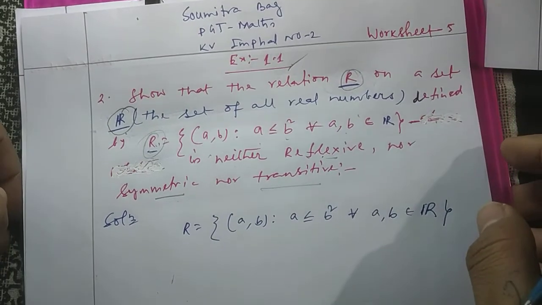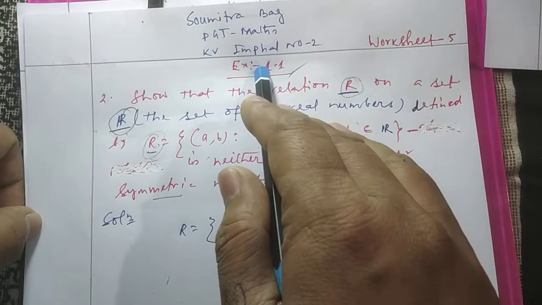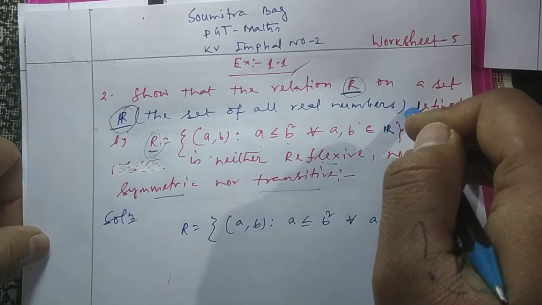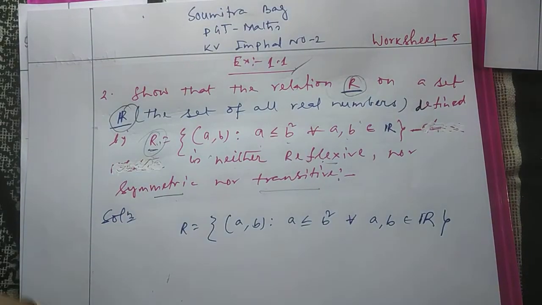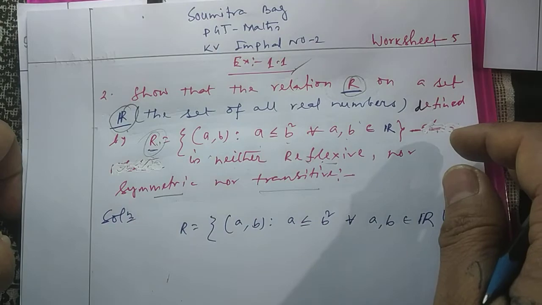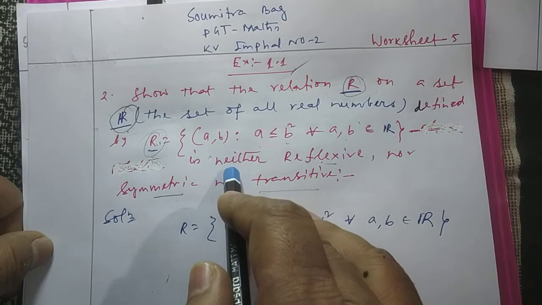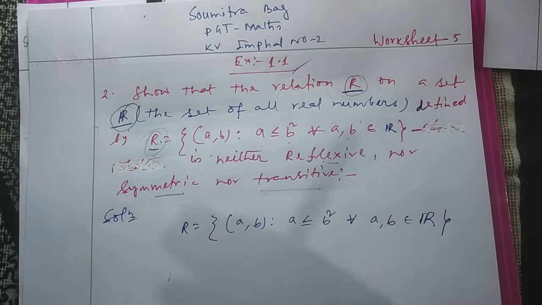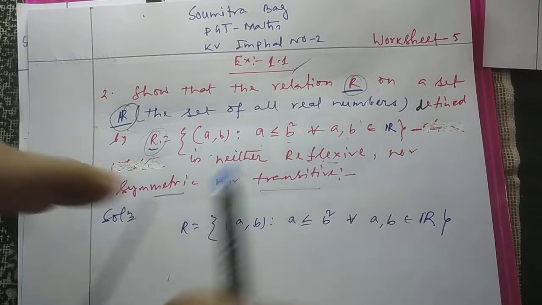Now dear students, for your kind information, let me inform you, among all the maths in exercise 1.1, this type of question is very important for the CBSE board exam, because it comes in the CBSE board exam frequently, and these are also known as rare questions. Why are these called rare questions? Because here we shall be verifying reflexivity, symmetricity or transitivity by taking a particular example, not in general like the previous maths.